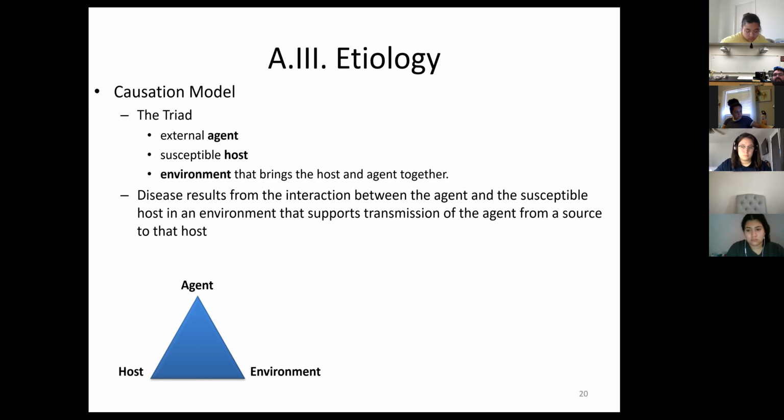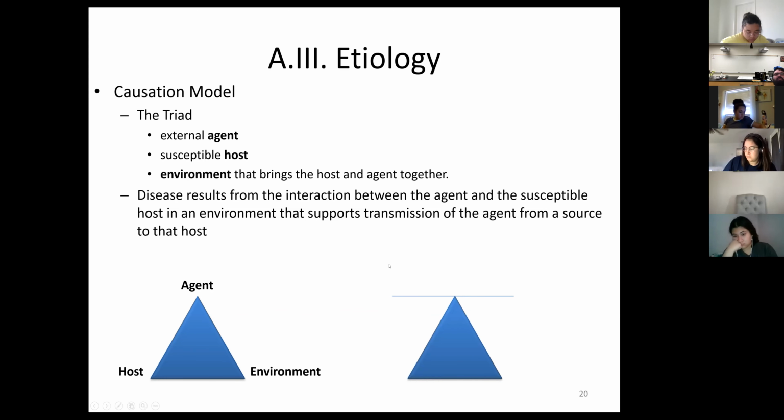However, if you have something like a classic bacterial infection, your good old flus or colds or something like that, well, now you're present in the same environment. So a different way to see the triad, if you will, is like a teeter-totter or a seesaw or something like that, in which the environment has to be present first to bring you two together,